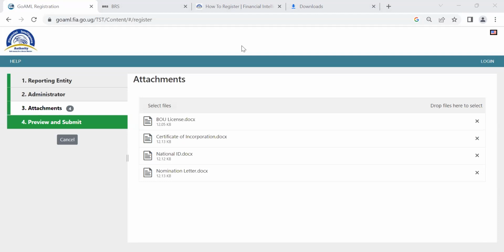I failed to trace form 1 and 3 on the website. Just go to our website about FIA, how to register. At the bottom, you'll see form 1 and 3. On our website, about FIA, how to register. And then you'll see form 1 and 3 at the bottom. The list of documents, they're there.